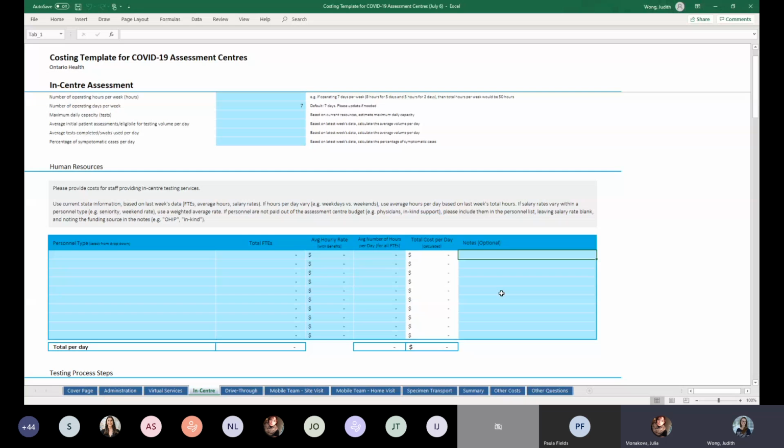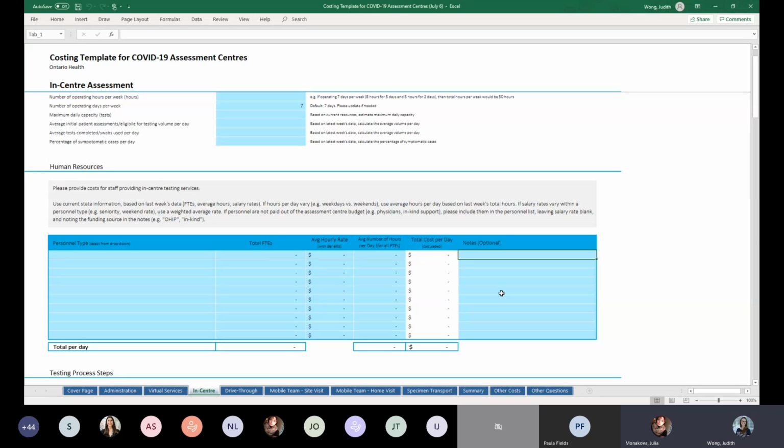Thank you. Next question. We are a family health team running an assessment center. Do you want the IHP HR costs broken out, or do you want that entered as in-kind? I think IHP is individual health practitioner, if I'm not mistaken. Currently, we are funding these positions through a family health team. However, that is dependent on board approval as primary care opens up in the future.